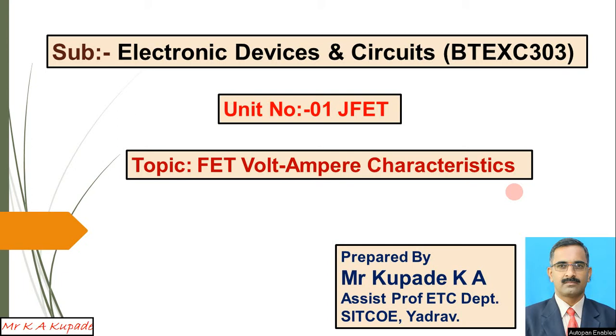Initially when Vgs is equal to 0, or you can say the gate terminal is open, then due to VDS the current flows through the semiconductor bar. We discussed that. And when we apply the reverse voltage to the gate terminal, that means gate to source, the barrier width or depletion layer increases due to the reverse bias of that PN junction. We discussed that.